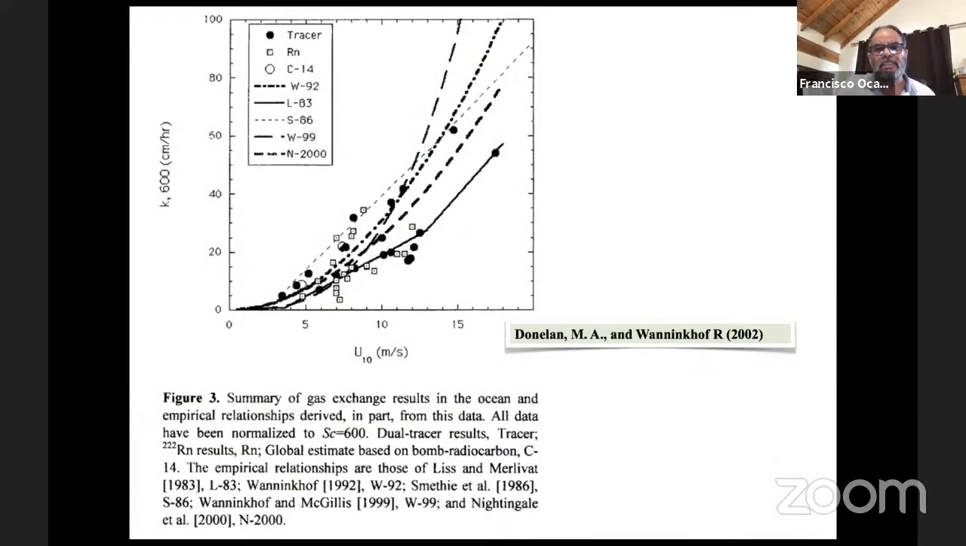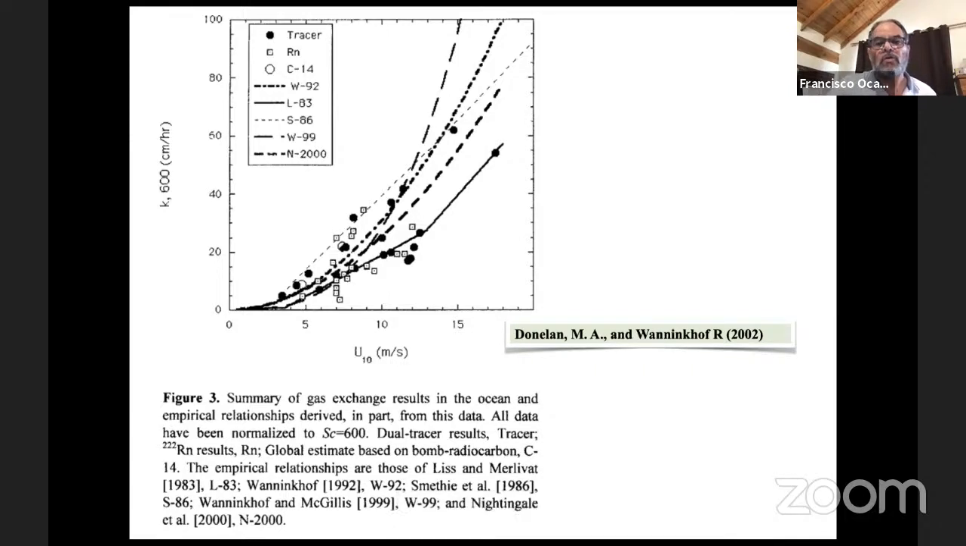So this is an example of what transfer velocity of carbon dioxide is described as a function of wind speed, U10. And you can see in these results from Donelan and Wanninkhof that depending on the experiment, depending on the data set, depending on the theoretical analysis, you could deal with either 10 centimeters per hour as transfer velocity, up to 40 when considering, for instance, a mean wind speed of 10 meters